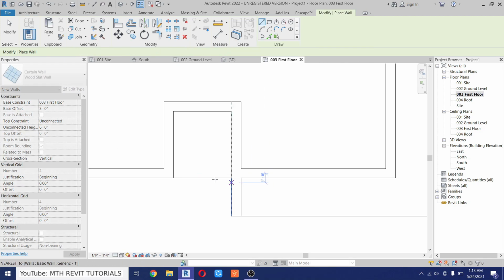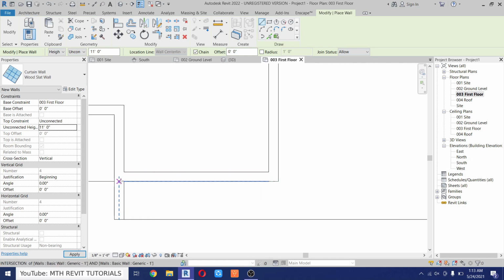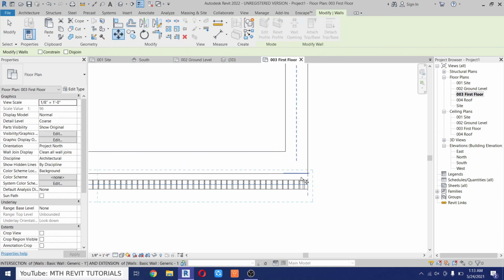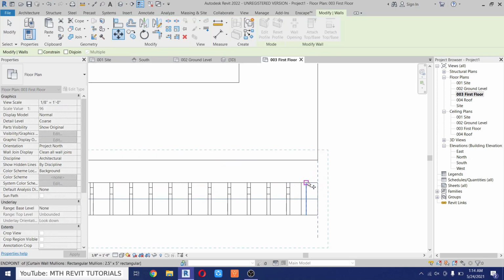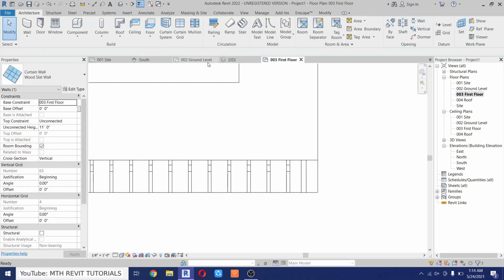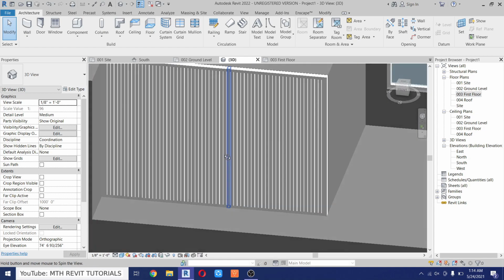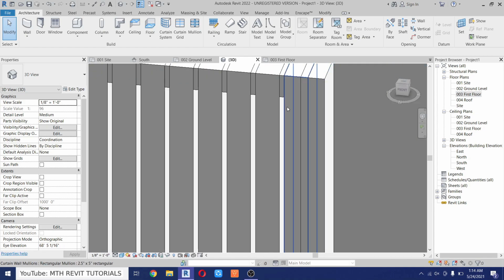Okay, before that we will just change the height, so change the base offset to 0 and the unconnected height will be 11 feet. Now just draw a wall from here like so, and then we can just select this curtain wall and attach these mullions to this wall here. Let's go to 3D. So we got our wood slat wall, but I think we need to remove the panels